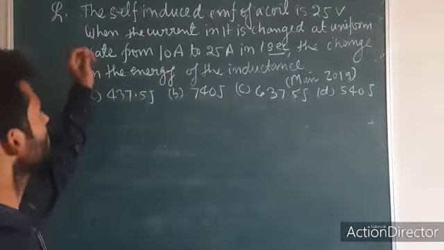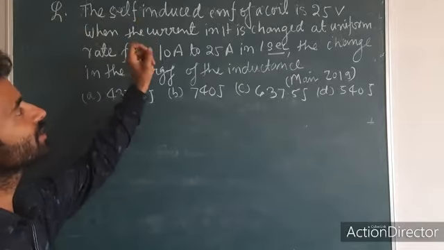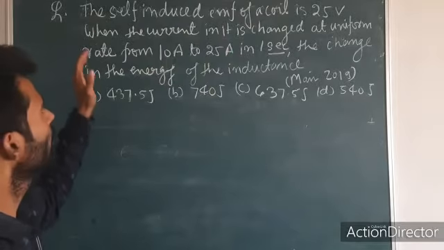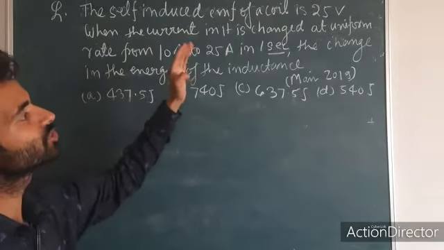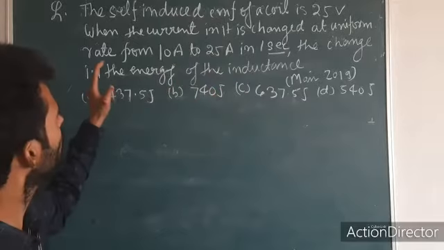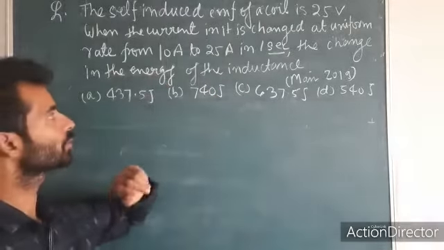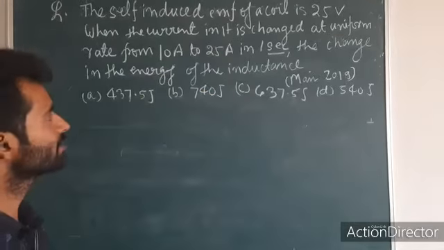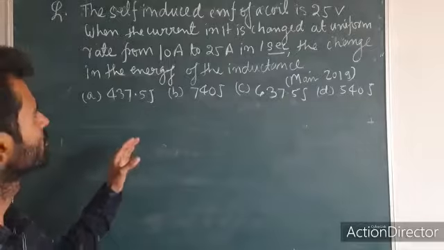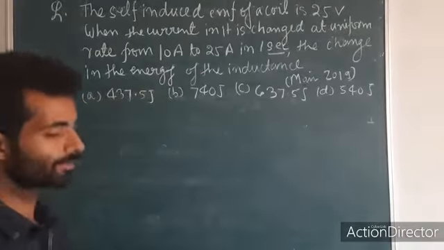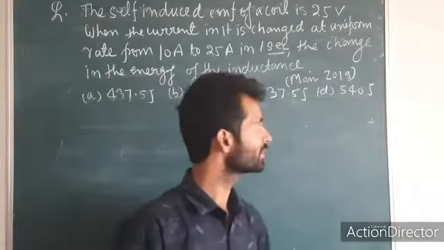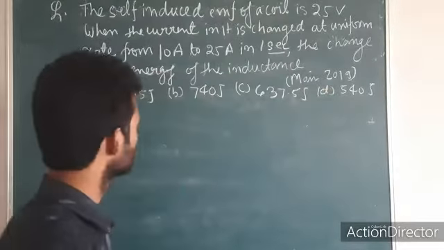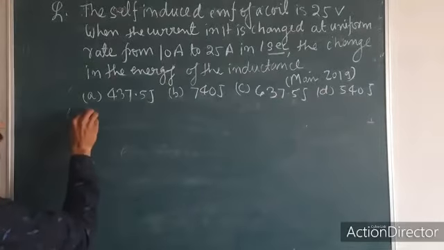Again, next question is: the self-induced EMF of a coil is 25 volt when the current in it is changed at uniform rate from 10 ampere to 25 ampere in 1 second. The change in the energy of the inductance. इसका मतलब ये क्वेश्चन जेईई मेन 2019 में आया हुआ है. So the solution, you have to find,